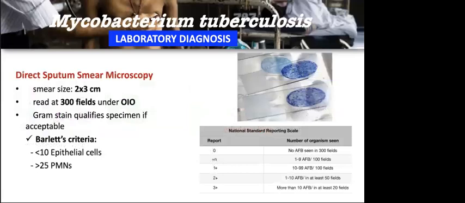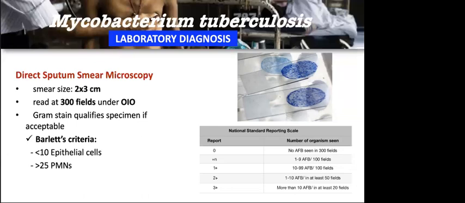Now, of course, in the laboratory, before you are able to check whether or not the samples do contain the organisms, the first thing to do is to prepare your smears. And there's a special way to prepare your smear for direct microscopy, direct sputum smear. So you'll need a template that would measure around 2 by 3 centimeters. And you are required to read at least 300 fields. So 2 lines or 2 rows at 150 each. And you can read that under oil immersion when you read your acid fast slides.